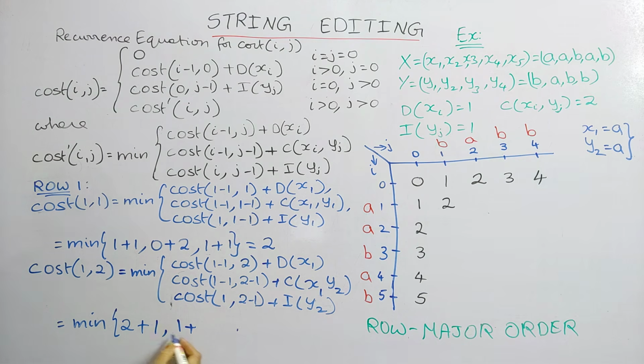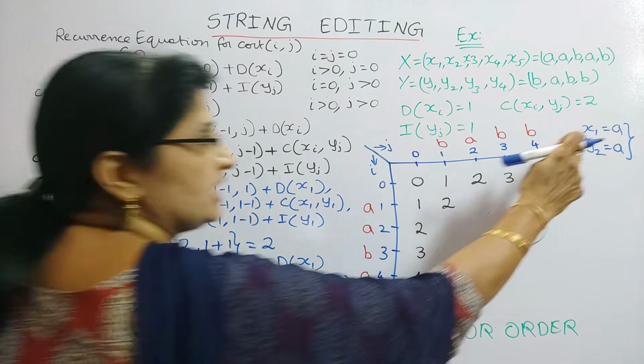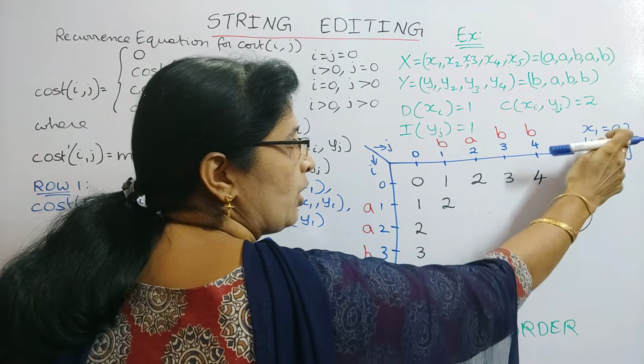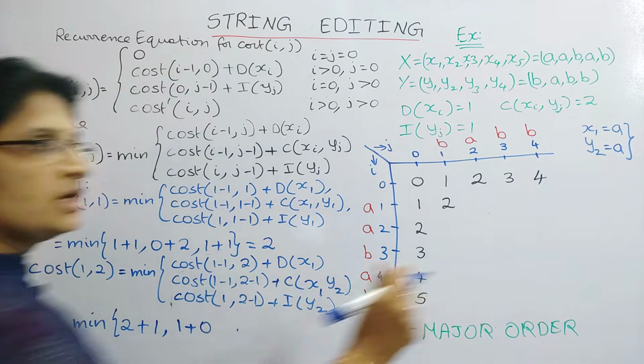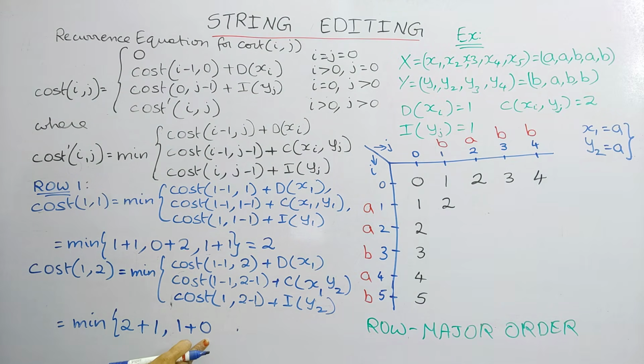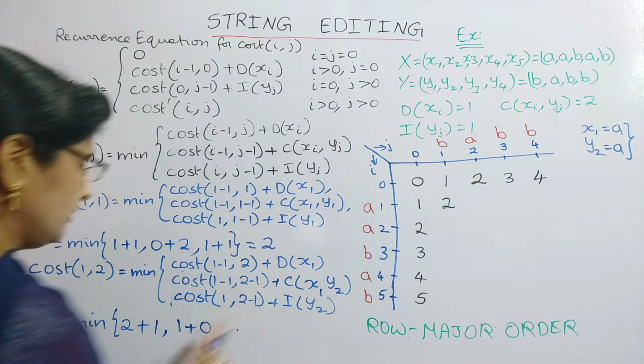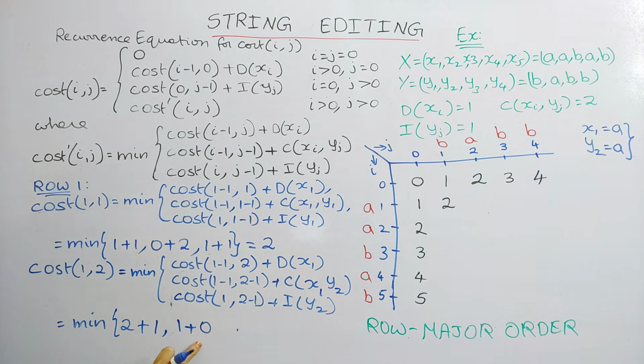So that's why what happens? Here the cost will be 0, because while checking you have to check it with the problem. So if you have to change, then only you have to give the cost here. Otherwise, if there is no need to change the symbol, then you can give it as 0. So this is a very important point that you have to remember.